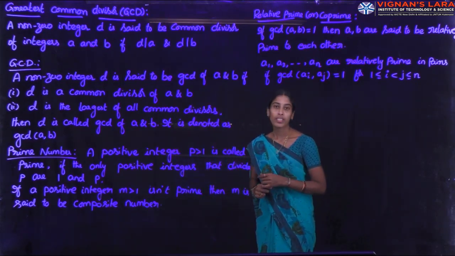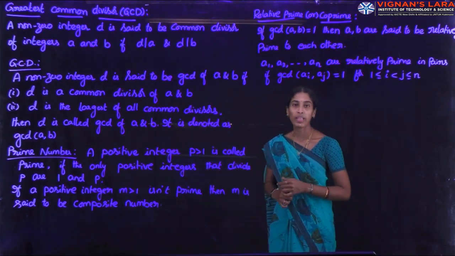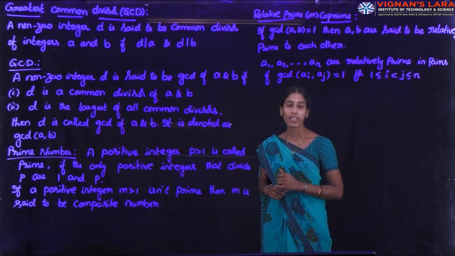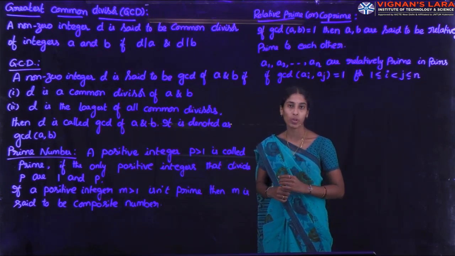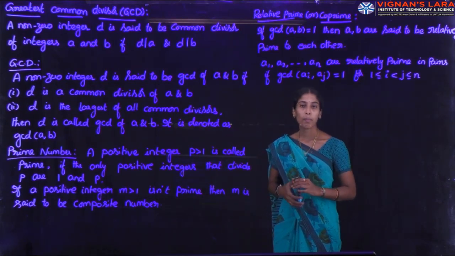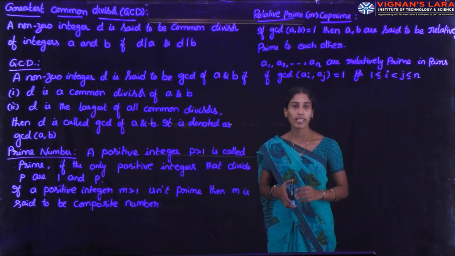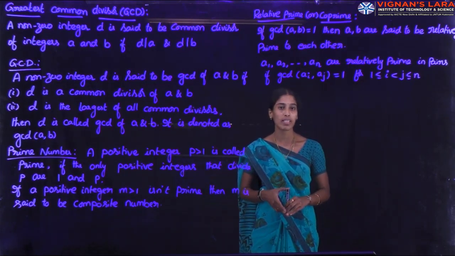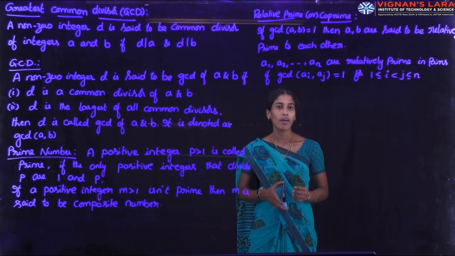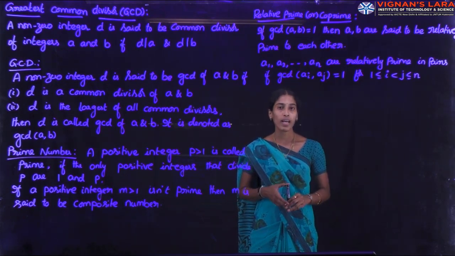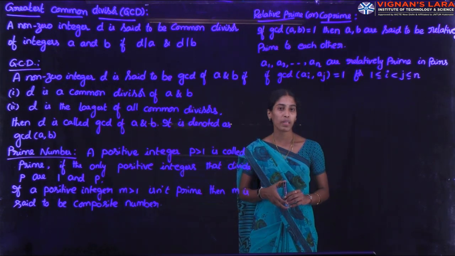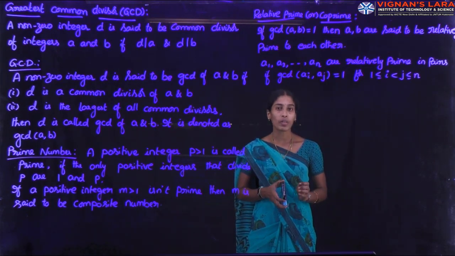Hello students, in the last lecture we completed the topics of properties of integers, then the definition of divisibility and results on divisibility. Next we completed the division algorithm or division theorem. For any two integers a and b, we can express a is equal to bq plus r, where q is the quotient and r is the remainder, where 0 less than or equal to r less than b. We can express it in a unique way.